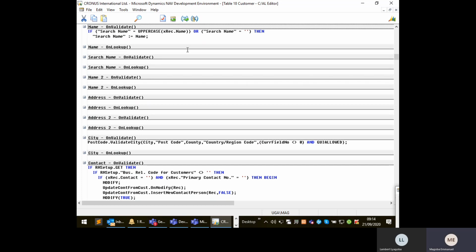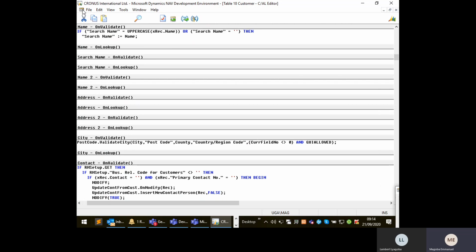So right now, don't mind about the code. We shall have sessions for that. But just to answer your question, I will go to the date of birth on validate trigger. That's where I will put the code that populates the what? The age field. Because on insert, we just insert the primary record. And if you put the code on insert, probably you've not even filled in the date of birth, so the system will throw errors there. But if you go on the validate trigger and you say now find age and you put the function there, then the system will